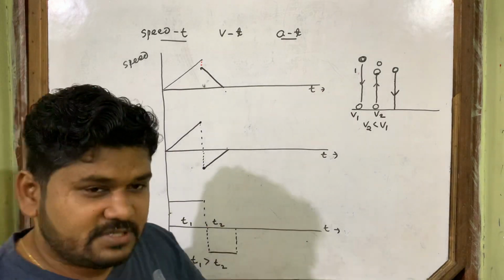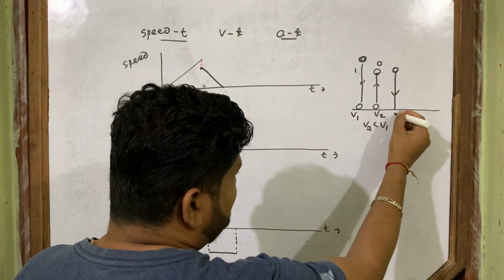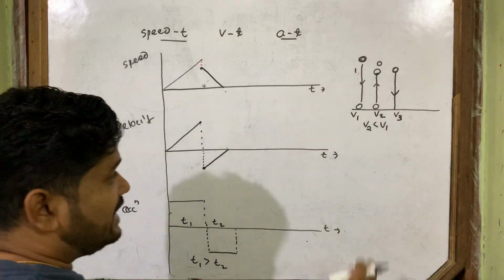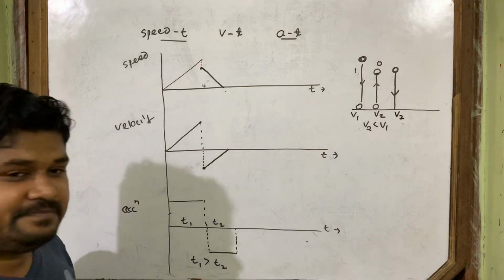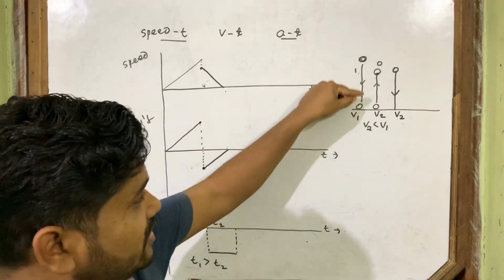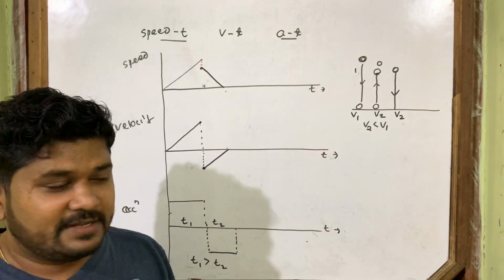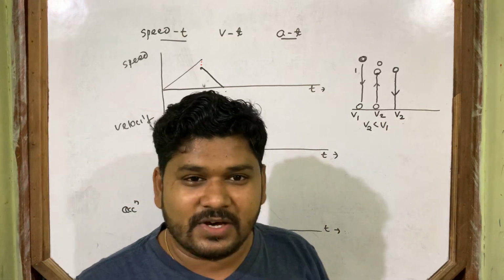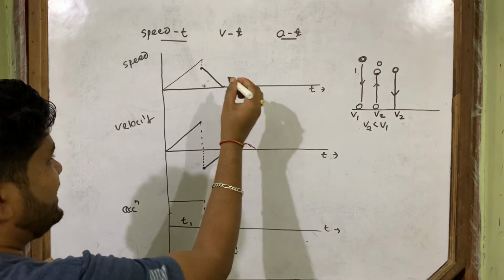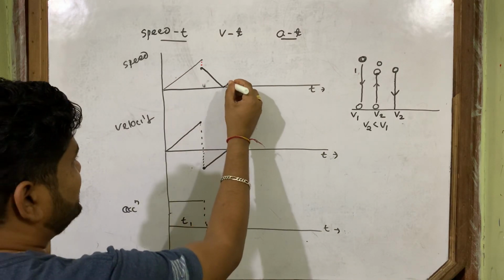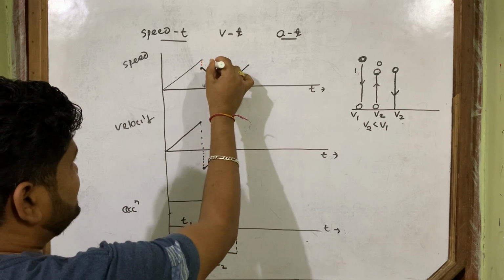Now the body comes down with increasing velocity and reaches here at how much velocity? That's right, at V2 it will reach here. With the velocity with which it goes up, when it returns back, with that velocity also it strikes the ground. So these two will be just a mirror image. So here again the similar graph I will draw. Again speed increases, and it goes to this height. This height will be the same.